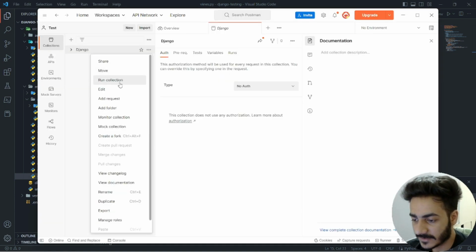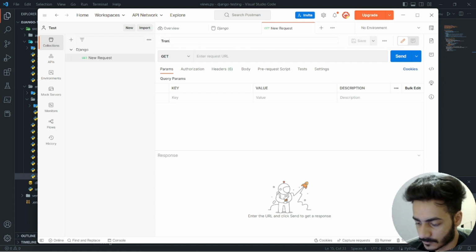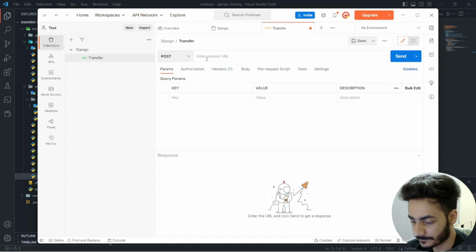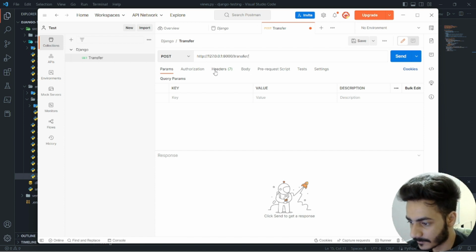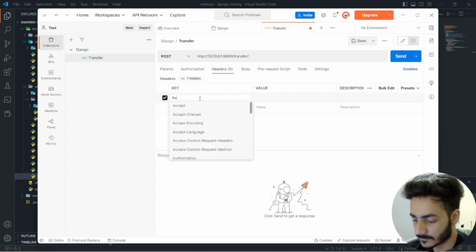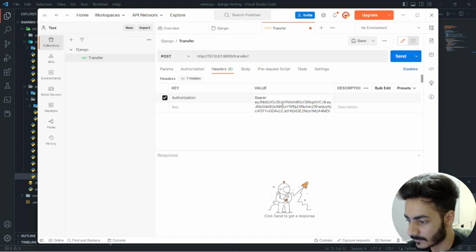Now inside this we will create one new request for transfer, and we will be using a POST request here, and our server will be accessible at 127.0.0.1 at localhost, basically at 8000 port, and we will hit the transfer endpoint. And in headers we will provide the authorization, and the value will be this,